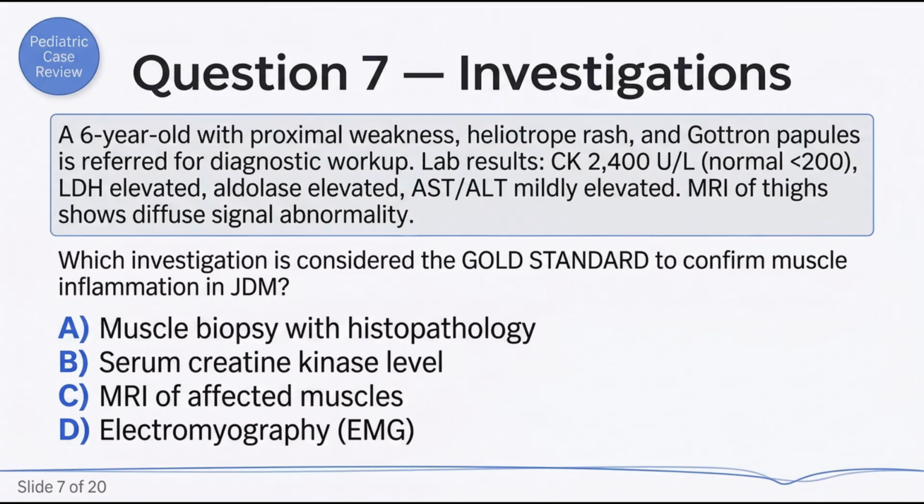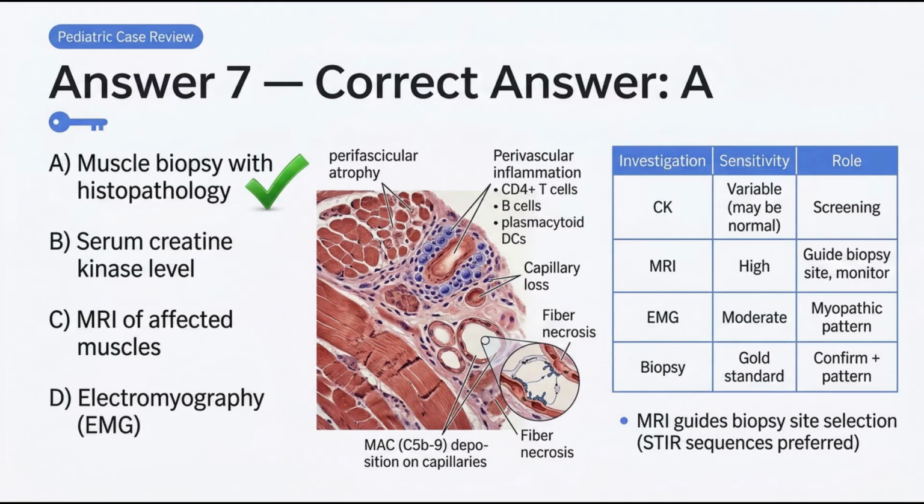Option A. Muscle biopsy with histopathology. Option B. Serum creatine kinase level. Option C. Magnetic resonance imaging of affected muscles. Option D. Electromyography. The correct answer is option A. Muscle biopsy with histopathology. Muscle biopsy remains the gold standard for confirming the diagnosis of juvenile dermatomyositis and identifying the